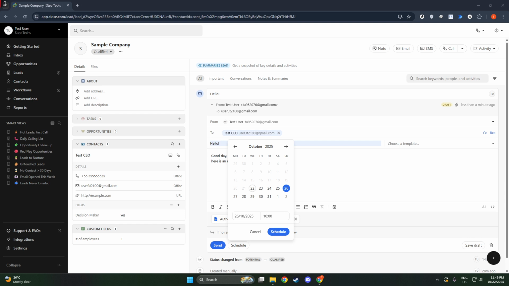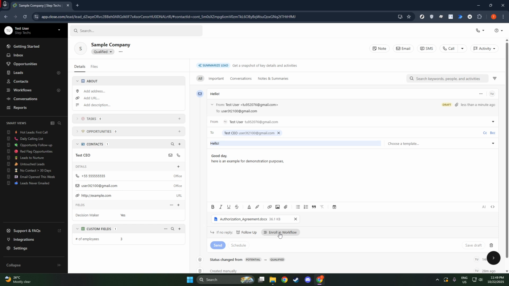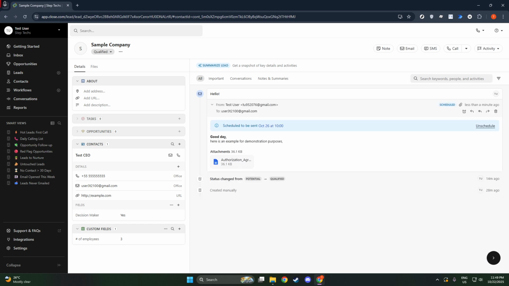specific campaign strategies. And there you have it, a straightforward process to manage your communications more effectively with Close CRM's email capabilities. Whether you're sending an email right away or scheduling it for the future, this tool helps ensure you